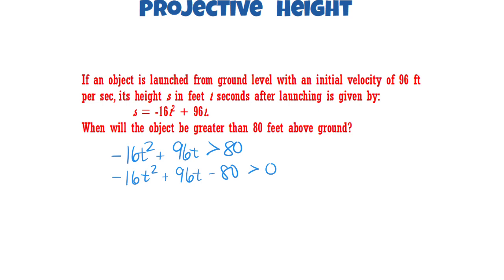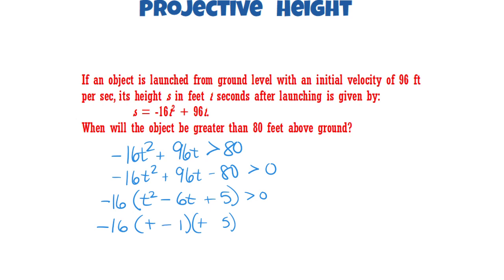Now, these are some pretty big numbers. I'm going to pull out a GCF. I know that, heck, I think 16 goes into all those. I'm going to pull out a negative 16. That's going to leave me with a t squared. 16 goes into 96 6 times, but I pulled out a negative, so it's going to be a negative 6t, and that's going to end up being a positive 5. Leave that negative 16 out there. It's going to be important. Factors of 5, got to be 5 and 1, negative, negative, going to get me my negative 6 I want,